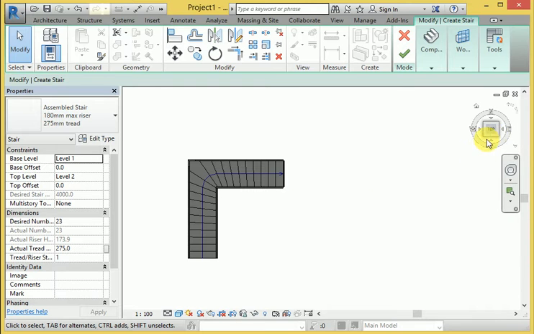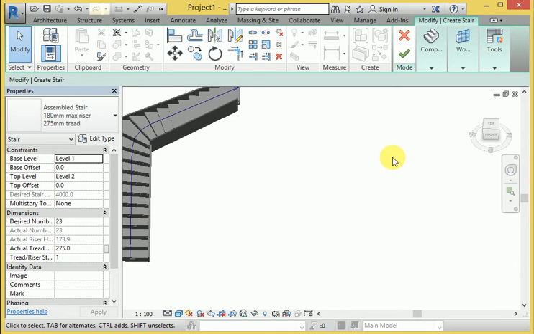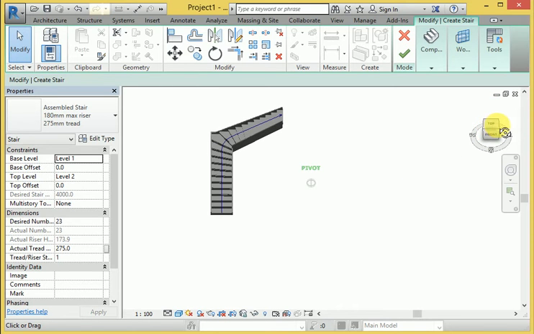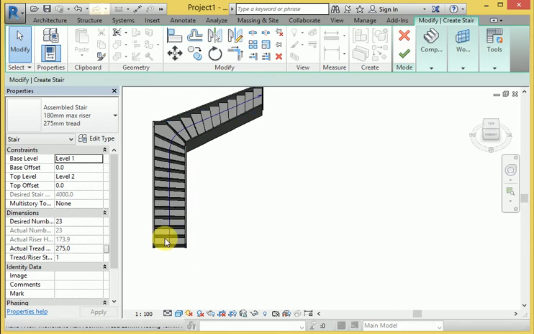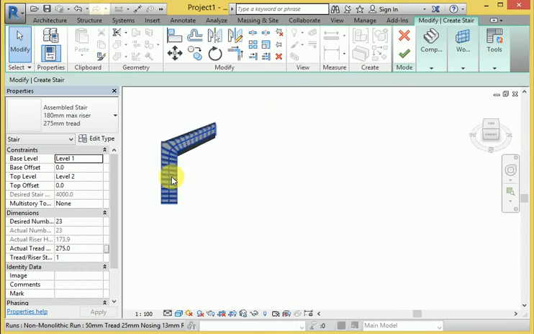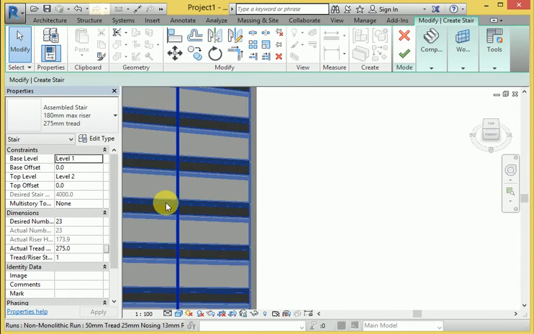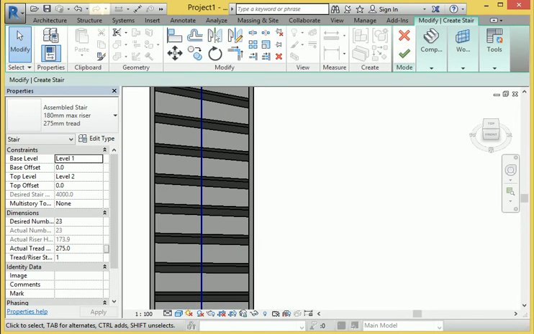When I just click, it automatically creates the L shape in the 3D design. Look at this, I will show you. This one is the L shape of the stair design. When I start from this one and turn and go to this one, I zoom out from this stair design.